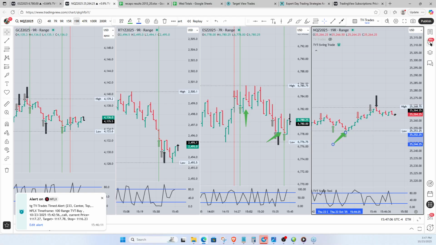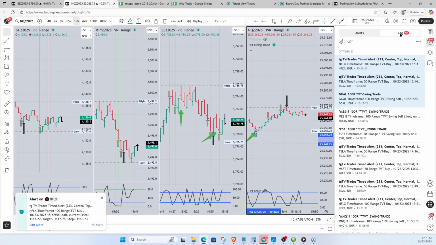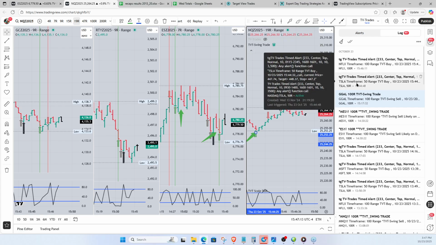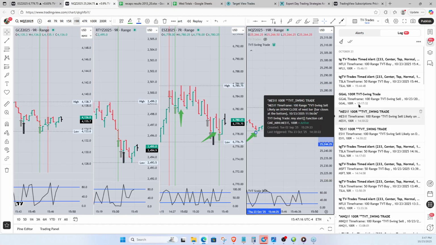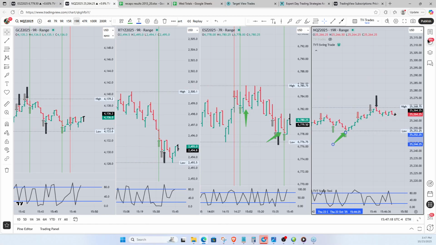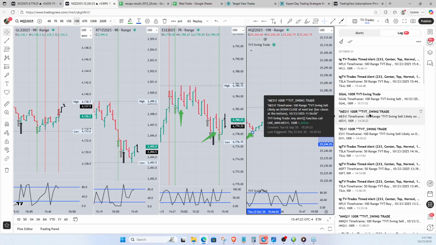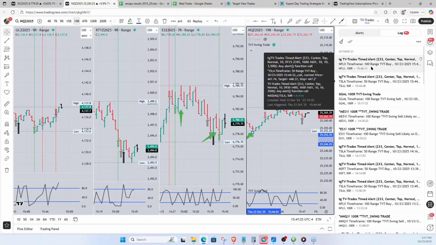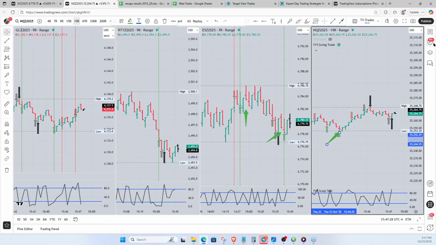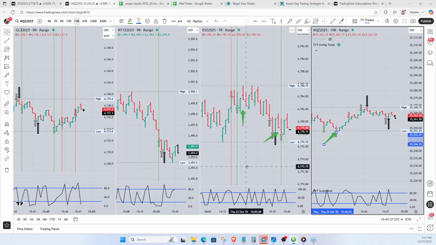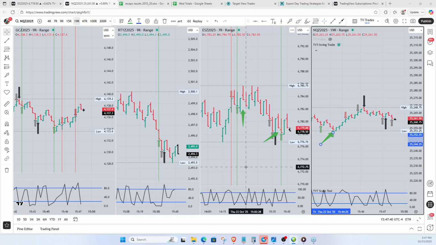Alright, so, log, timed alert, Netflix, Tesla, GGAL, all these things have triggered in the log. No NQs. I don't know why the NQ thing's not working right now. I'm going to have to figure that out. The NQ alert should be functioning right now. Alright. Back to what's in front of us.